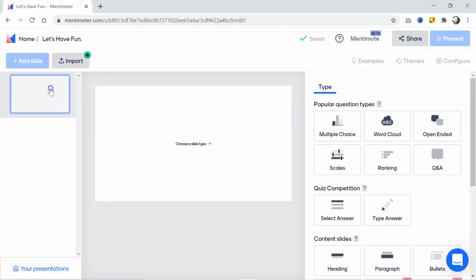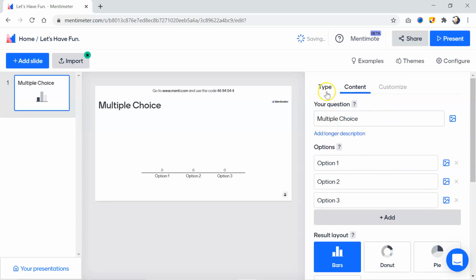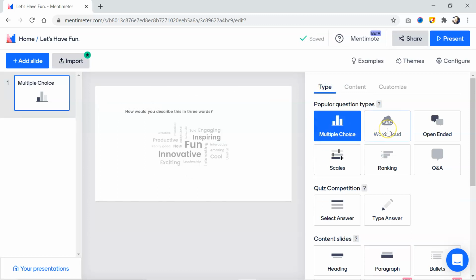Now the first slide is by default here, and you may choose the popular question type among these 6 options. You may choose the multiple choice questions, or you may switch to the word cloud. You can see the preview on the slide.